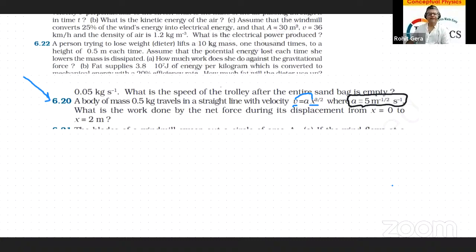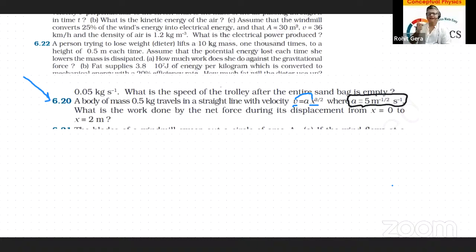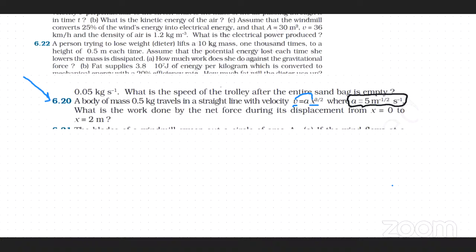So मेरे को dv by dt चाहिए अपने वर्क डन में, और मेरे को v और x का रिलेशनशिप मालूम है। इफ आई टेक डेरिवेटिव ऑफ दिस विद रिस्पेक्ट टू t, आई विल गेट dv by dt इज इक्वल टू a 3/2 x रेज टू पावर 1/2 into dx by dt। तो मेरा ये v इज इक्वल टू वाला जो है, आई हैव टू यूज इट टू गेट dv by dt, क्योंकि मेरे को इंस्टेंटेनियस एक्सेलरेशन मिल जाएगी, ठीक है। वो इंटीग्रेट करने के लिए।